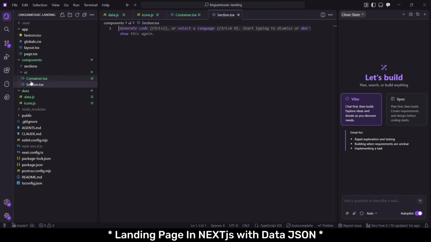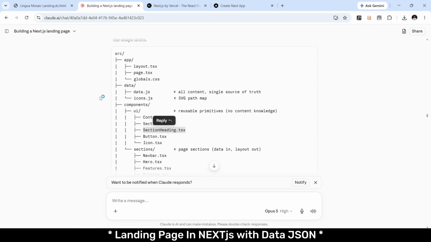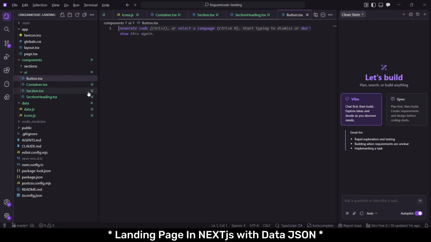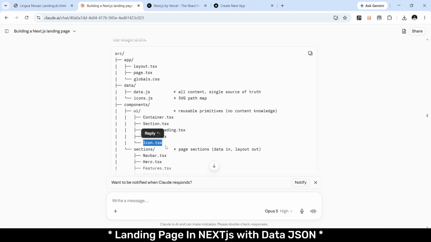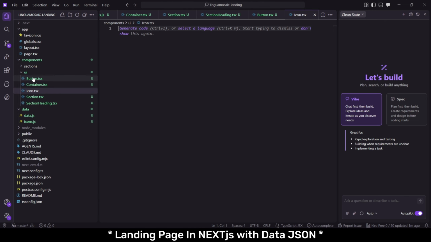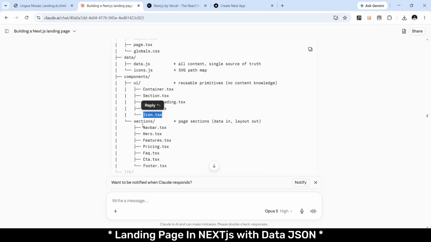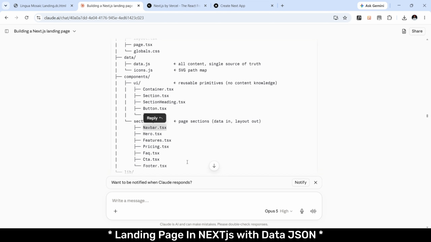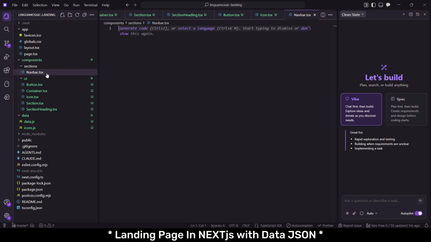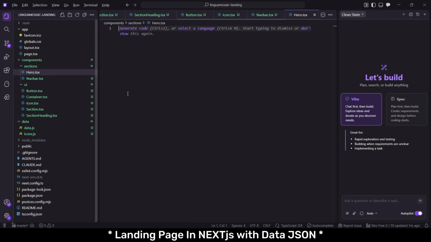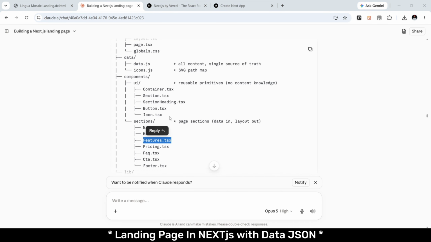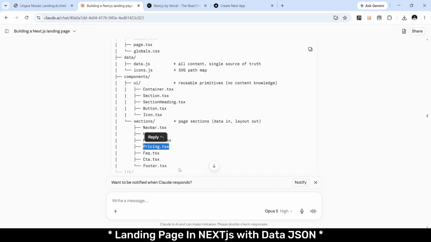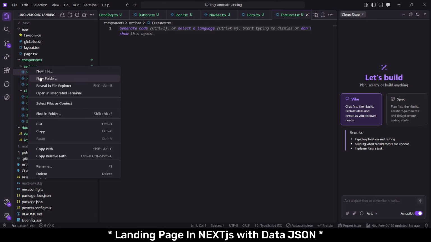Okay, new file, hit enter, subsections, created, button, so created, icons, and create. Perfect. Now sections, we have navbar, right click, navbar, and hero.tsx. So these are hero, features, features, rising, rising,